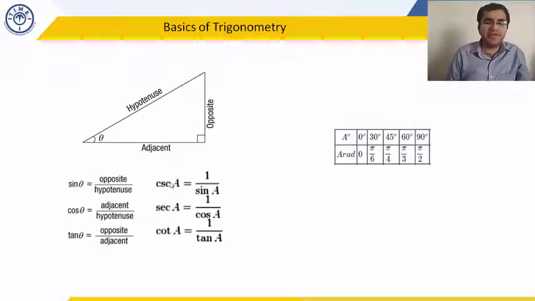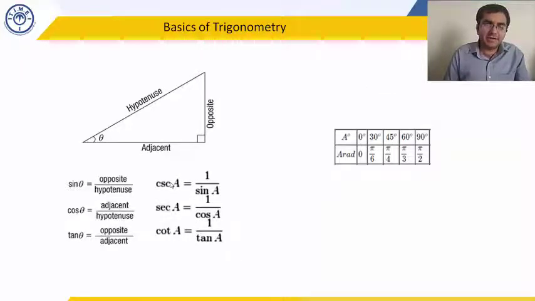Now the angle theta can be given in terms of degrees or radians. In the first column, the degrees given are 0, 30, 45, 60, 90. And these are the only important values that you need to know. The others can be derived if required, but mostly they will not be required. The angle can be in terms of degrees or radians, where 2 pi radians is equal to 360 degrees. Please write this in your copy. 2 pi radians is equal to 360 degrees.